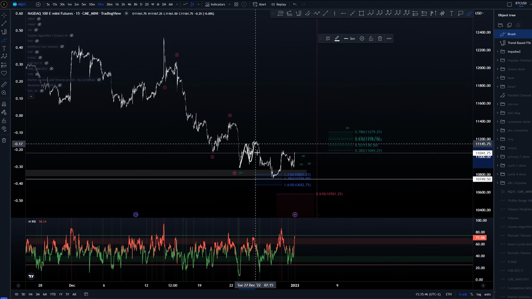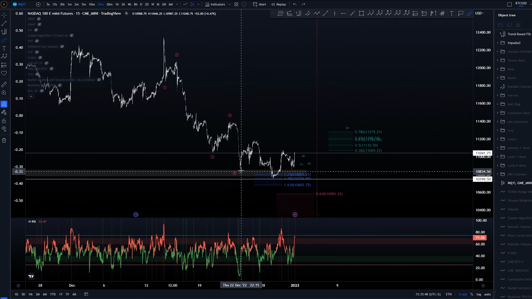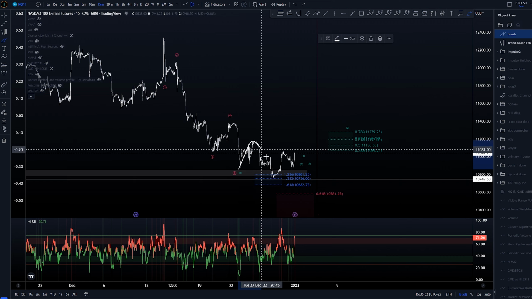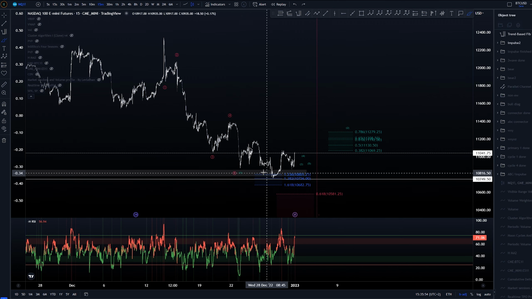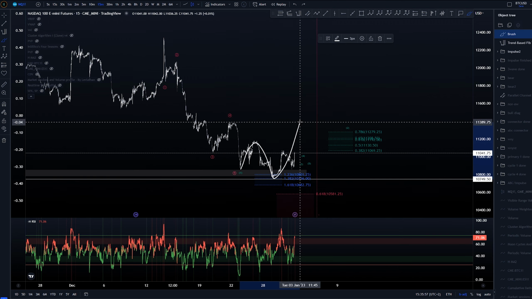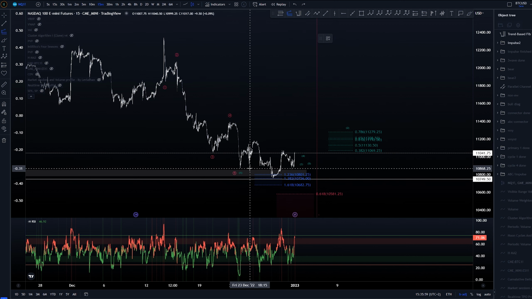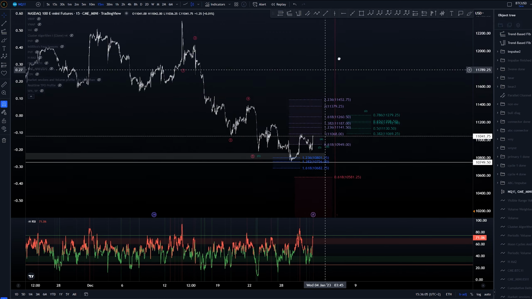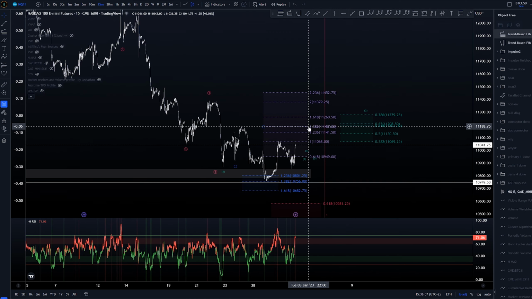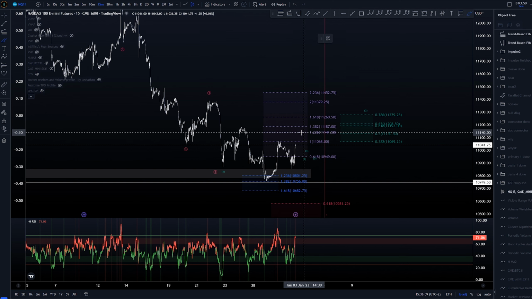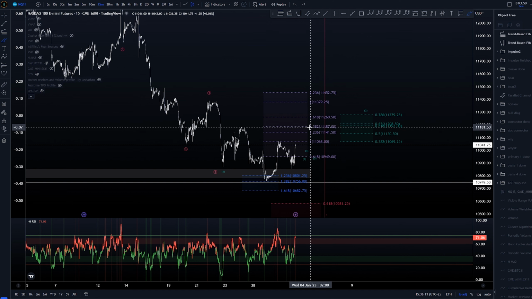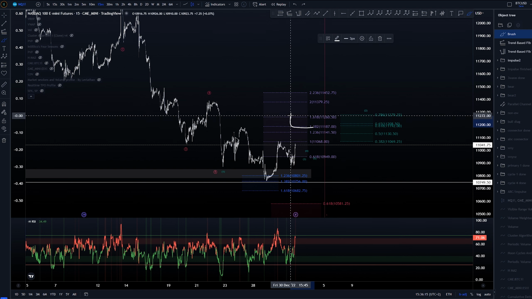This definitely feels like three waves, and as we have taken out the lows or the origin of that potential structure, it makes it look like this is going to be an expanded structure, something like this, where we might target some of these structure or some of these targets here. So let's take a look where we could be expecting this. 1.236 does not even take out the highs here, nor does this 1.382. Maybe something like this,